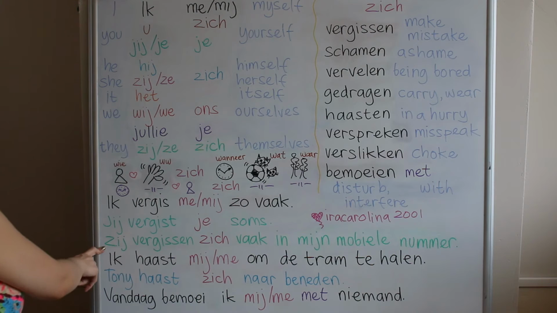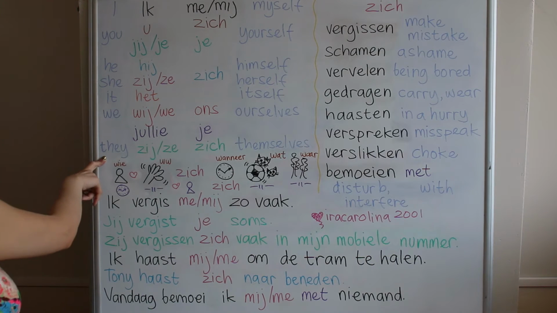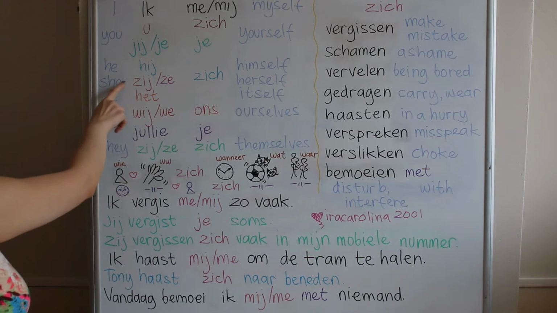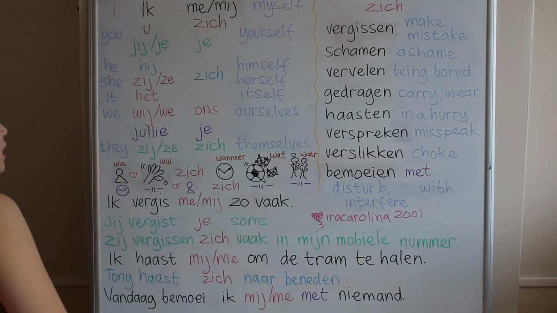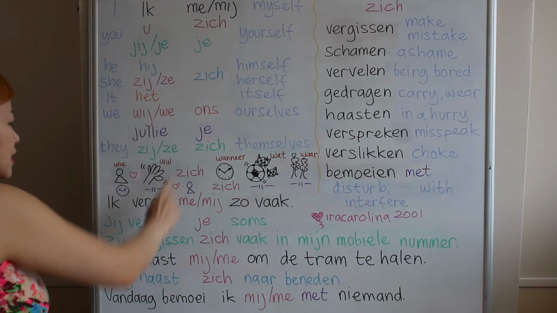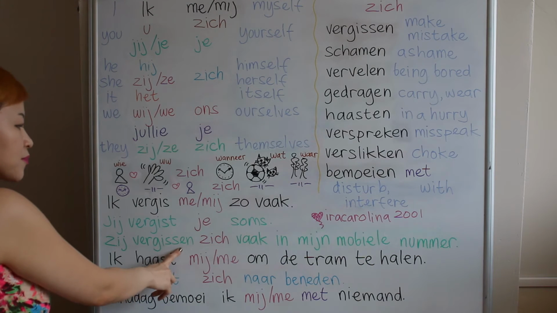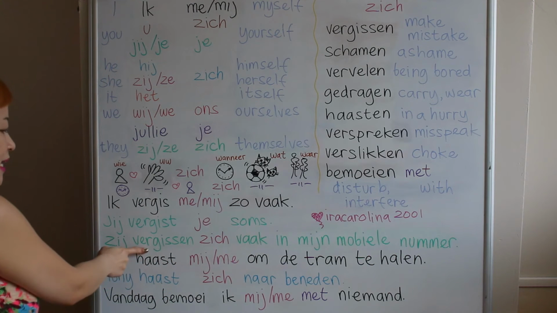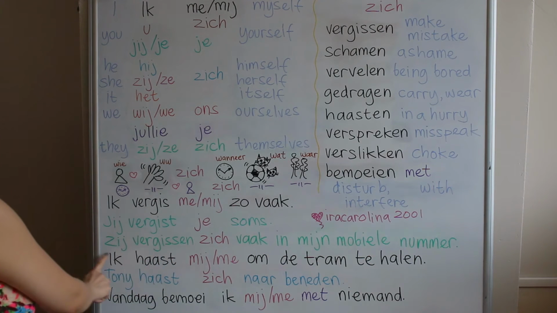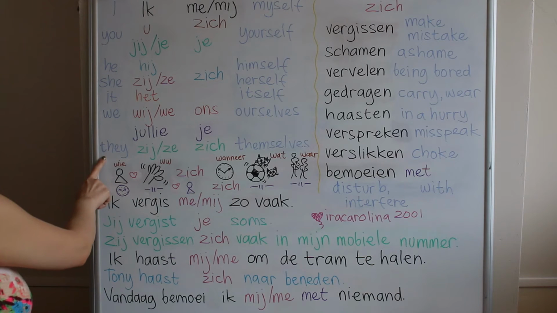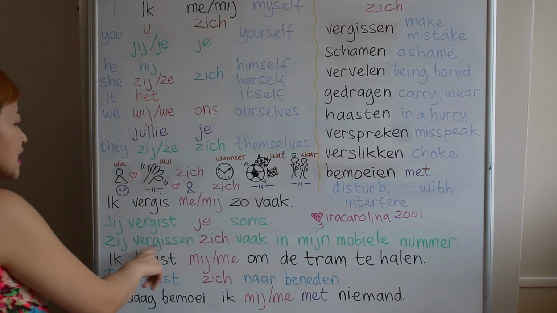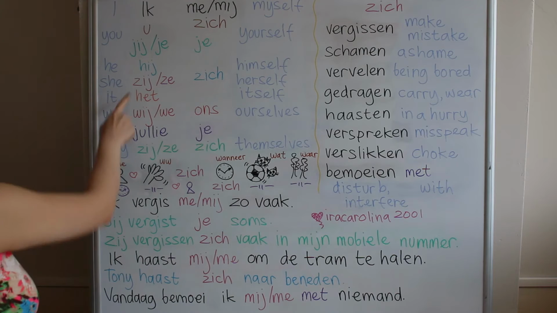How do we know this zij is they instead of she, because it's the same? It also has the same zich. It's from the verb that we use. If we use vergissen, it means zij, they. If we use vergist, it means zij,